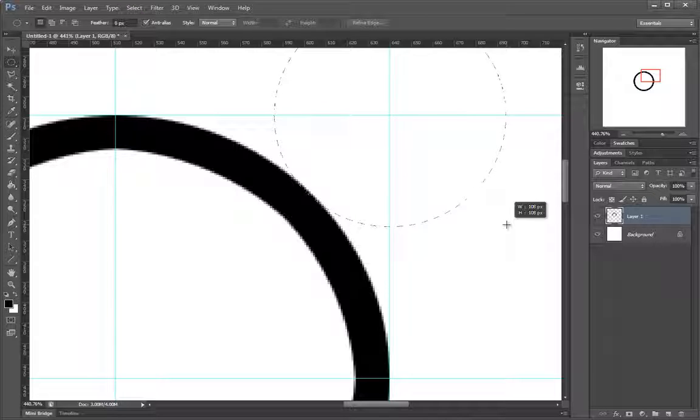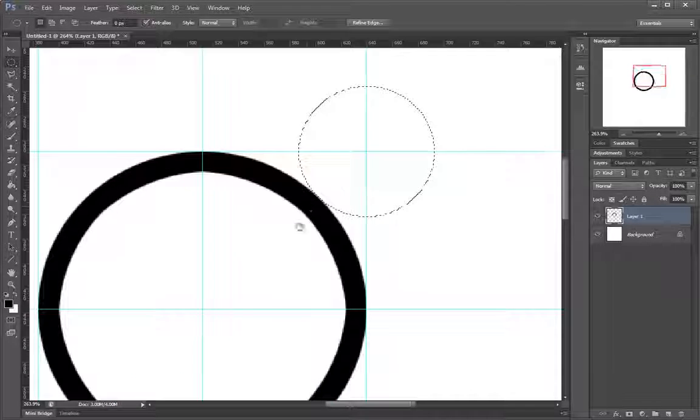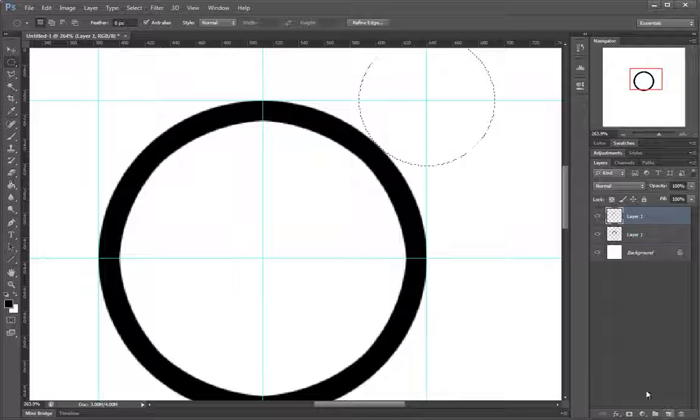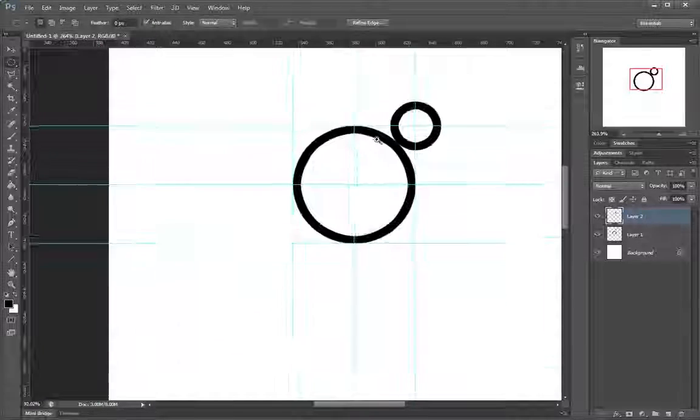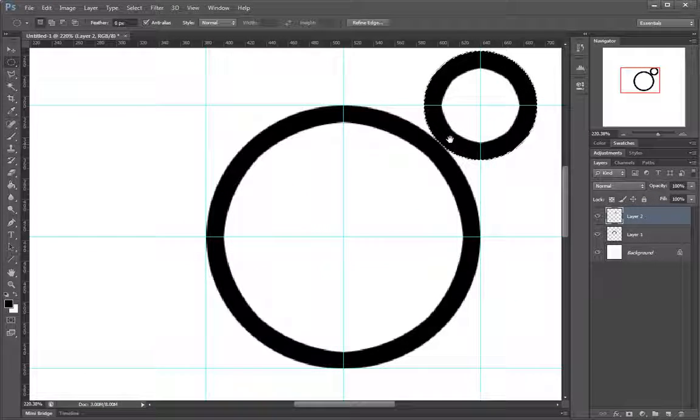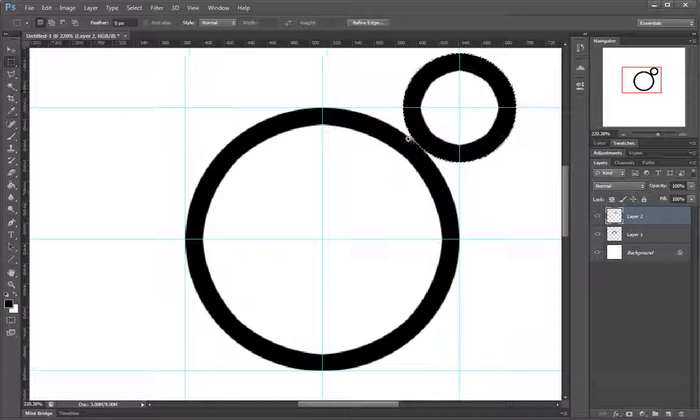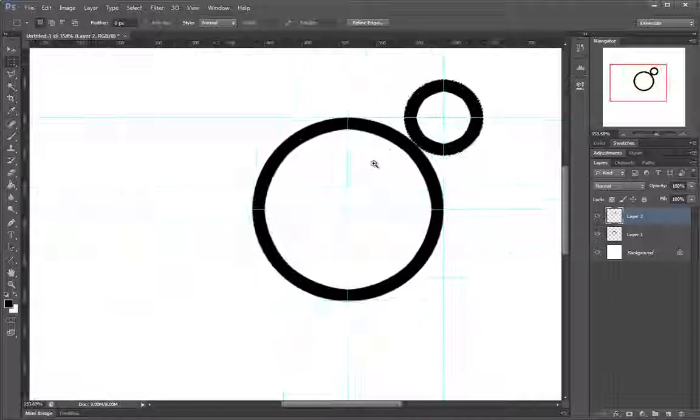So I just go as much as I see fit, say like this. I'll make this in a new layer, and again stroke. I keep it 16. Okay, so all I have to do now, get back to my marquee tool, and